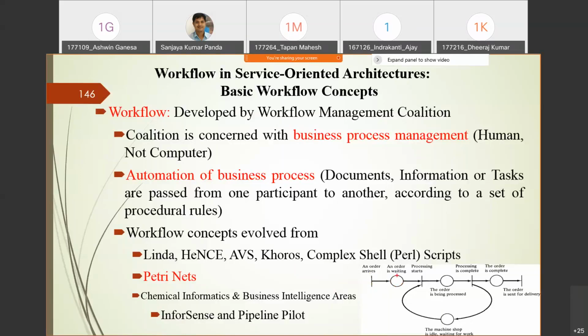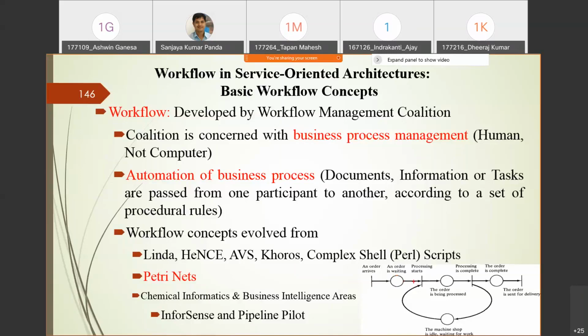Otherwise, they may reject, or they may say that this item is not available. You may choose another item, something like that. Negotiation between the people can happen, right? The person who is giving the order and the person who is providing that order.